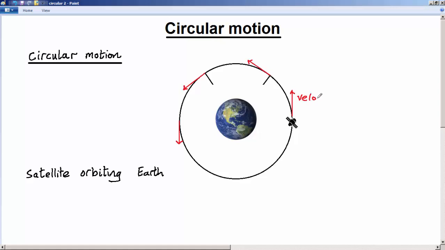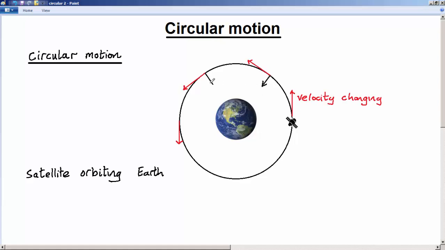Okay, and you'll see that although the satellite is moving with a constant speed, because its direction is changing constantly, that means its velocity is changing. Okay, and as we learned in the previous lesson, because its velocity is changing, that means it is accelerating. And because it is accelerating following Newton's second law, then there must be a force acting on it which is enabling it to accelerate, which is enabling it to move in this circular motion, and that force is always acting